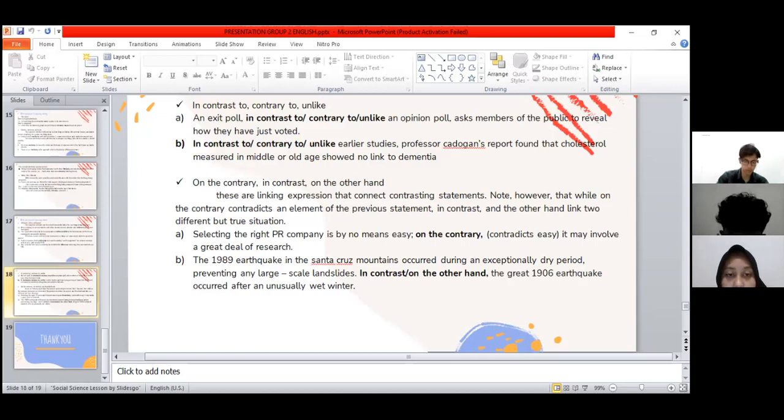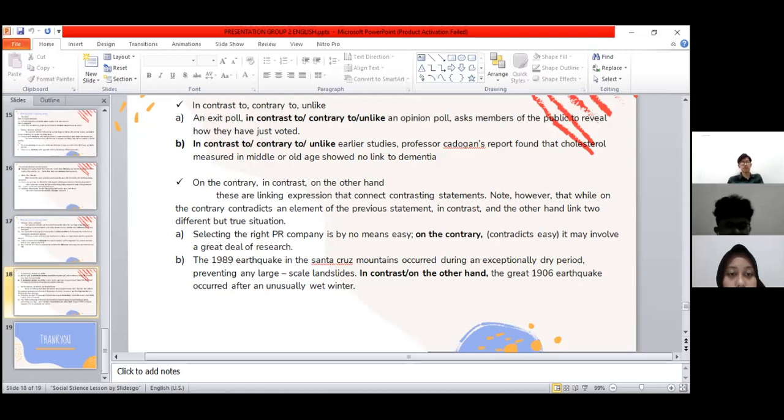Next, on the contrary, in contrast, on the other hand. These are linked expressions that connect contrasting statements. Note, however, that while on the contrary contradicts an element of the previous statement, in contrast and on the other hand link to a different but true situation. For example,